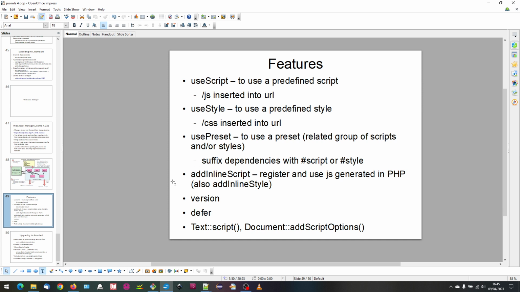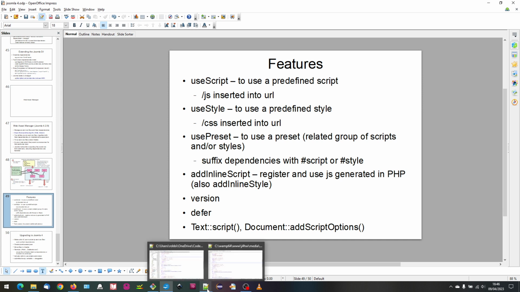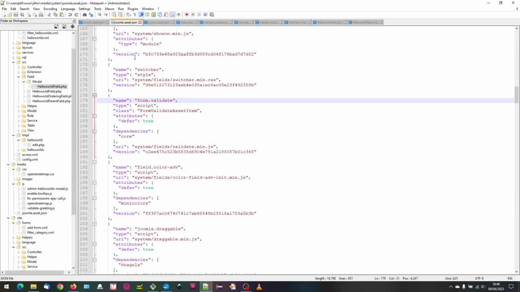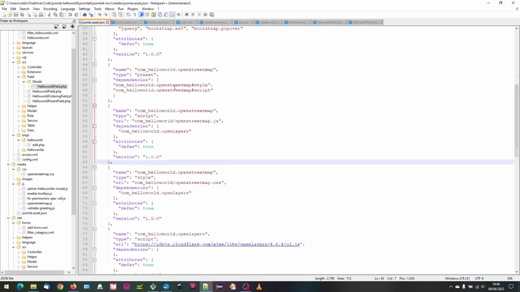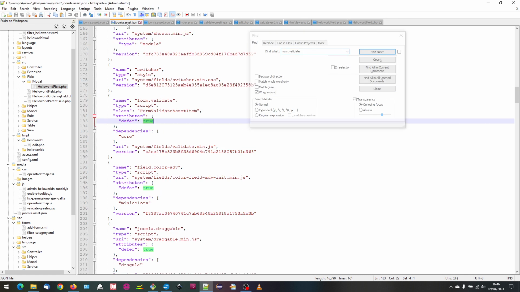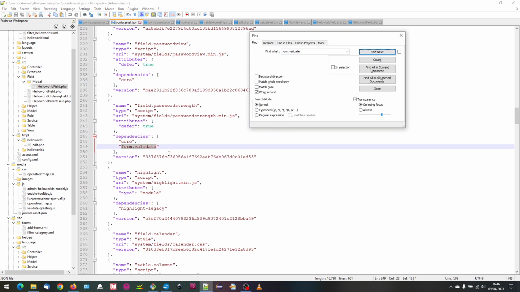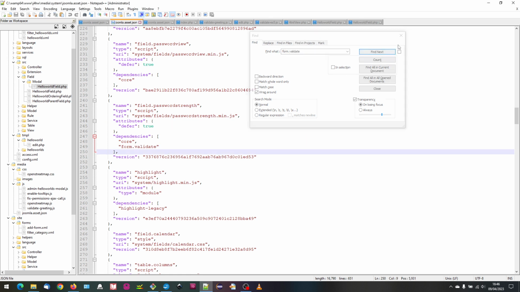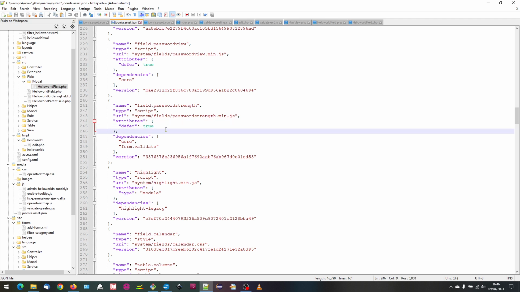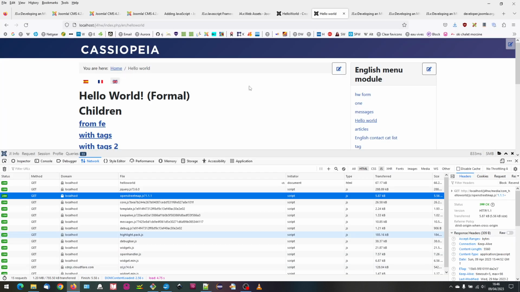Finally, defer. If you have a look at the system one, you'll see that there's a lot of these system ones which have defer equals true. So for example, we are dependent upon form.validate. If we go and look for form.validate, we can see attributes defer is true, and that then will get output in the